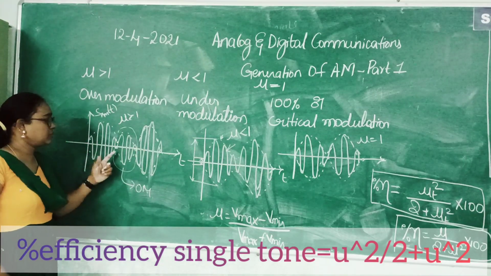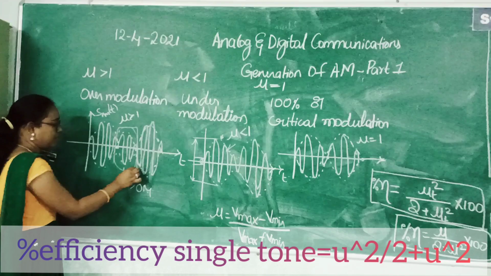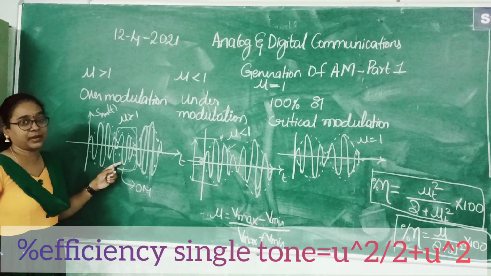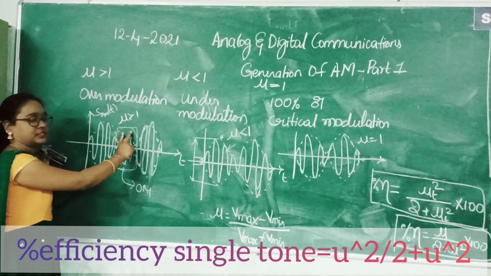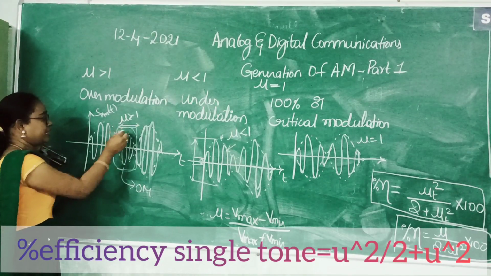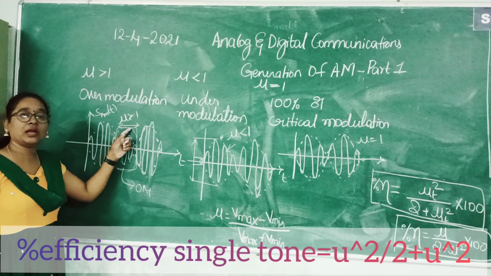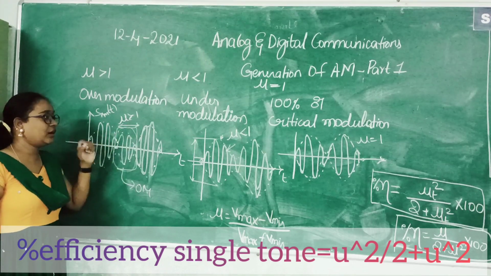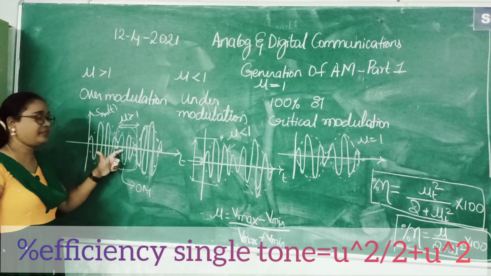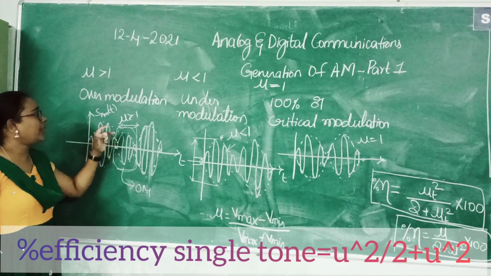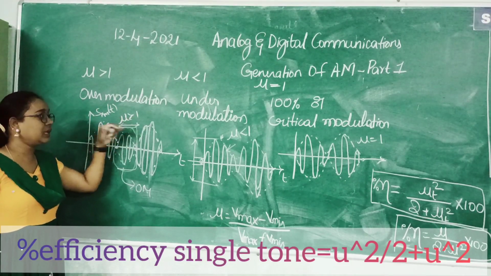Over modulation overlaps with the information, and when we are retrieving back, the filtering operation is applied. During that filtering operation, this block of information is lost. So there is a gap generated in the retrieved signal. That gap we call holes. Then we cannot retrieve back our original message signal at any cost. So we should avoid the over modulation process. How to avoid it, we will see in the later session.